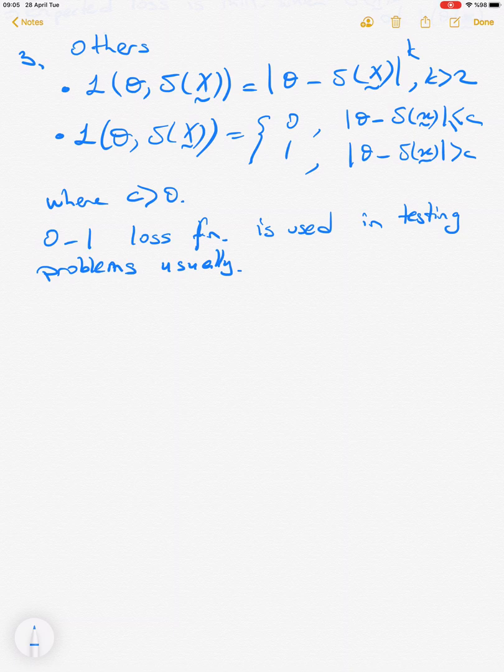So we talked about the classical approach loss function and how to find the minimum variance unbiased estimator, but we can also consider the Bayesian approach, and in terms of using the loss function, we can define the posterior distribution to find the estimator. Okay. So in terms of the classical approach, finding the